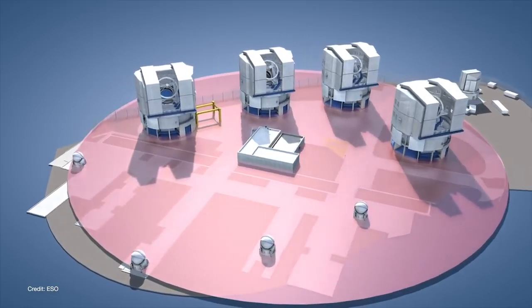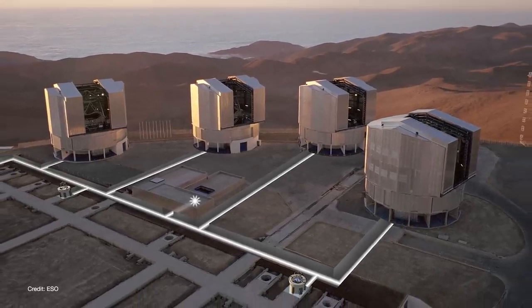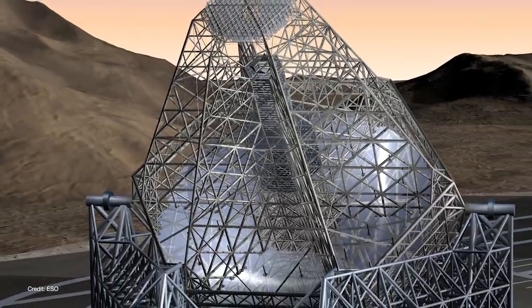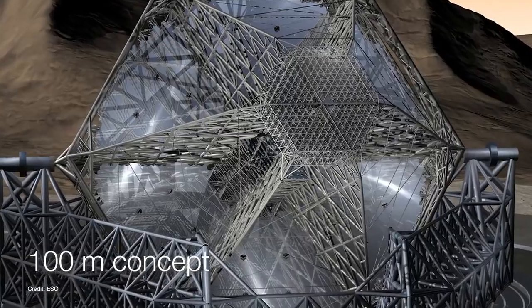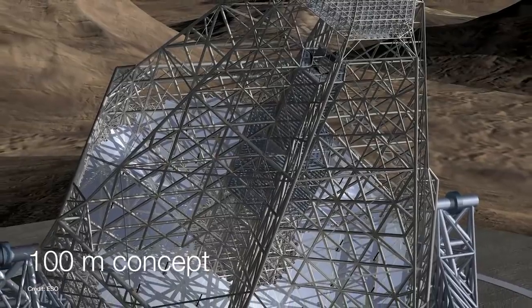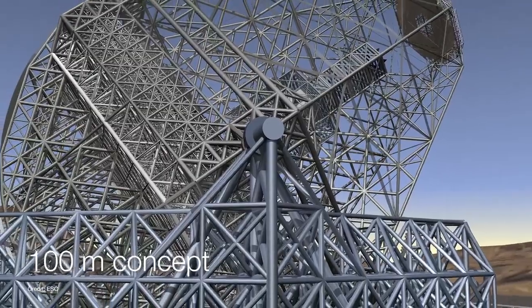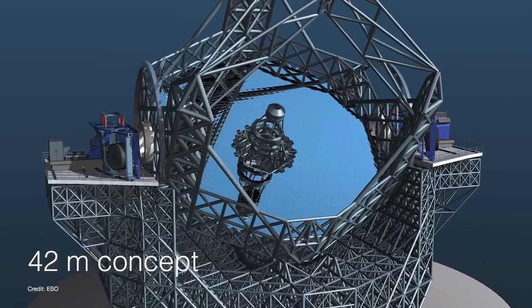This technique is called interferometry, and while it does achieve high resolution, it simply cannot collect as much light as a real telescope of that same aperture because there are far fewer reflecting surfaces. In the early 2000s, ESO looked into the Overwhelmingly Large Telescope, or OWL, a 100-meter telescope. The proposal carried a 1.5 billion euro price tag, but it only had somewhere between a 75 to 90% chance of success. Those are not good odds when spending that kind of money, so the project was resized down to